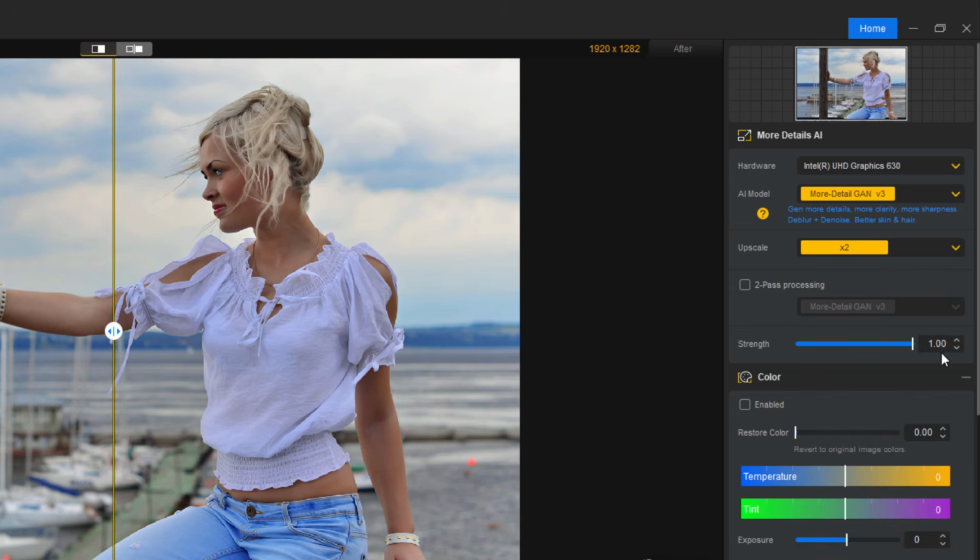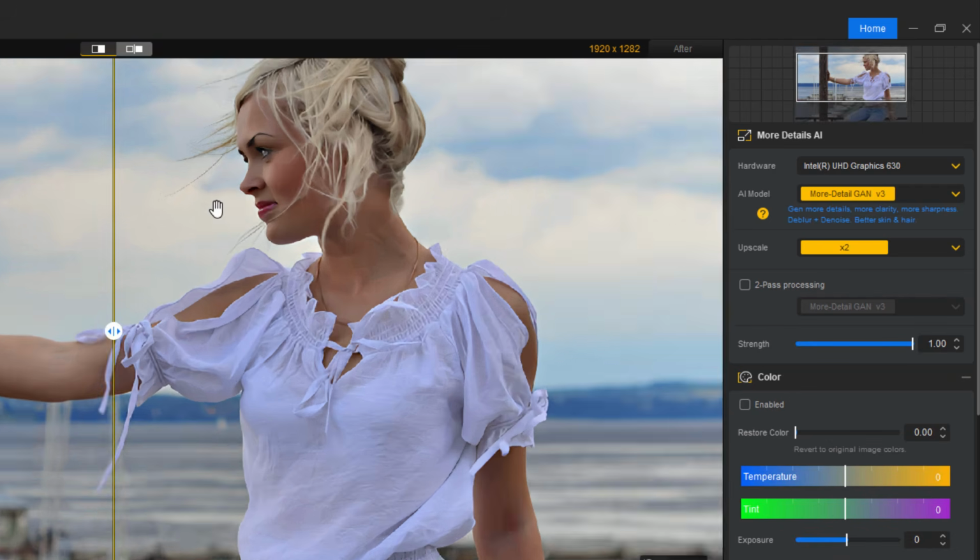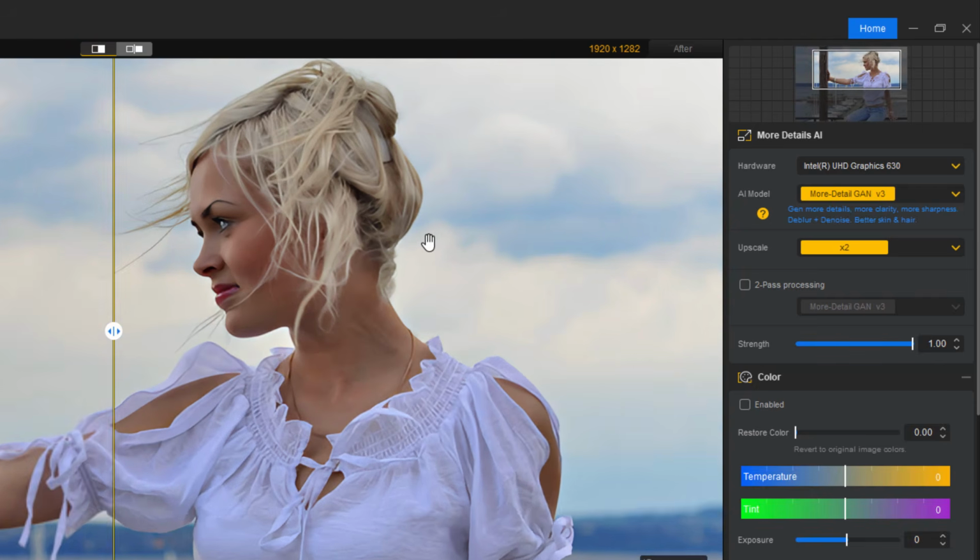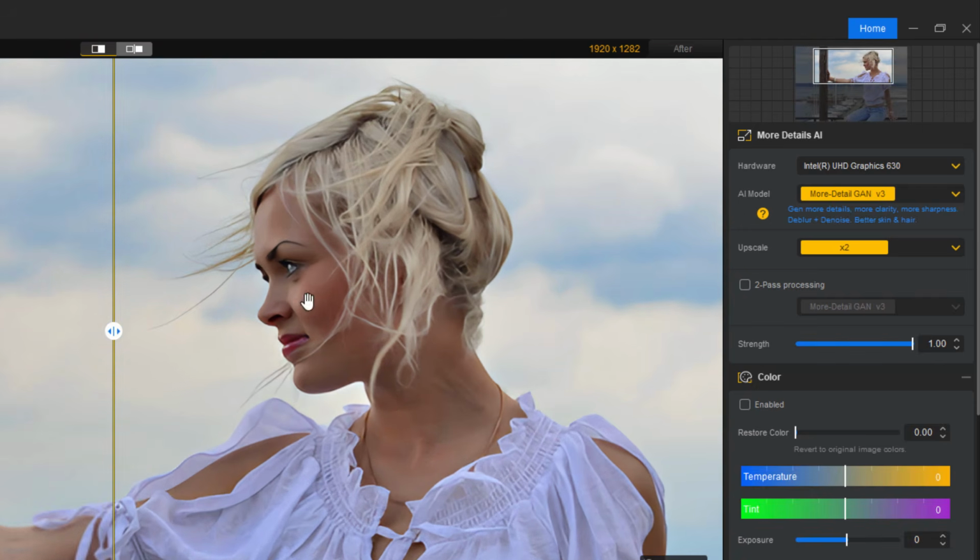Below that, we have a strength option right down here. Now, this is very useful, especially when you're working with portraiture. And that's because sometimes AI looks a little bit plasticky. You see a little bit in the face and the eye right here. Just a little bit on the plasticky side. You can fix that by just backing off on the strength a little bit. I found that 85, 84 works out pretty well. So we're taking away a little bit of the sharpness in there,